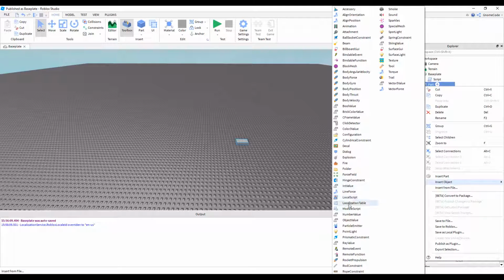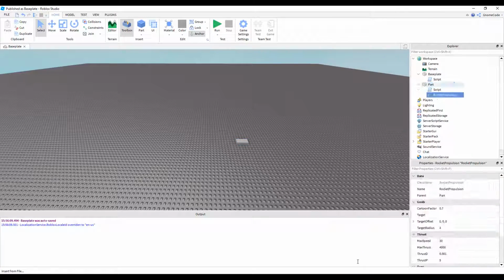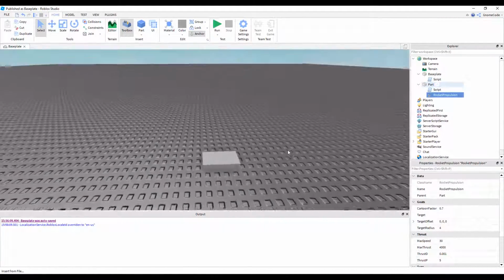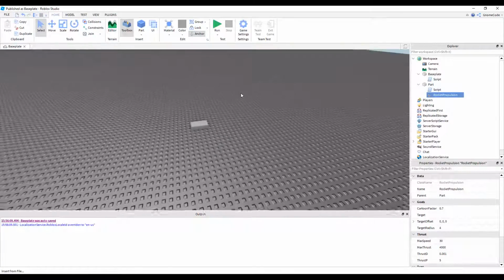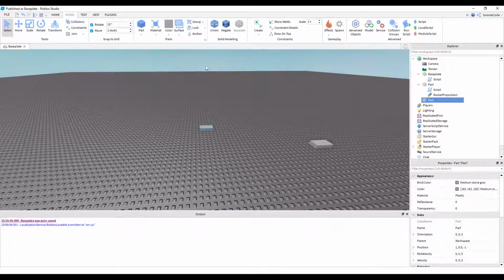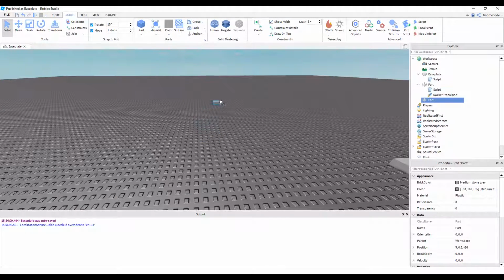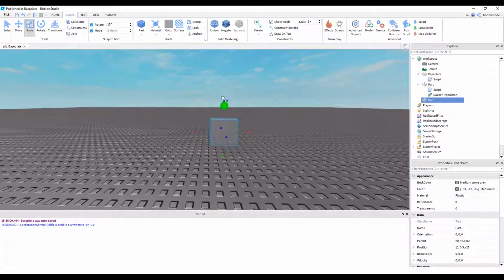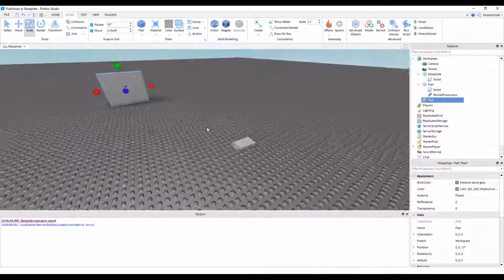How about we add in a rocket propulsion? Now this is a pretty cool thing we can use. It applies force to another object in the direction of another object. So you can see I've just added in another part here. I'm going to make this a bit bigger so you can see it properly. And if I go back to this part